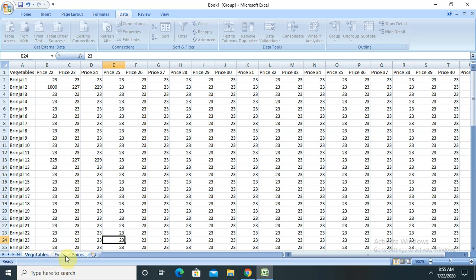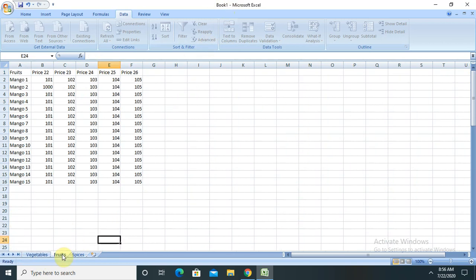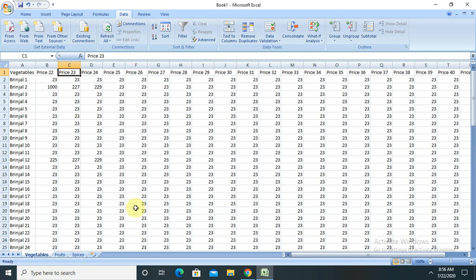Select this, and it's not working because it was already grouped. Because of that it's showing, you can see here. Now select this and this. Now it's grouped.